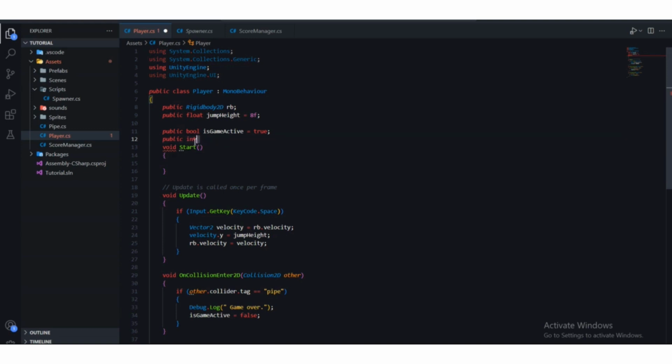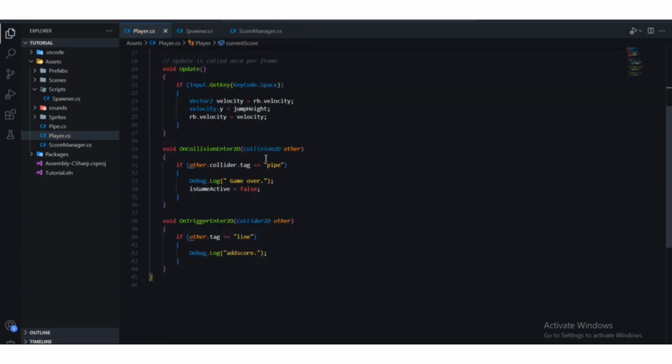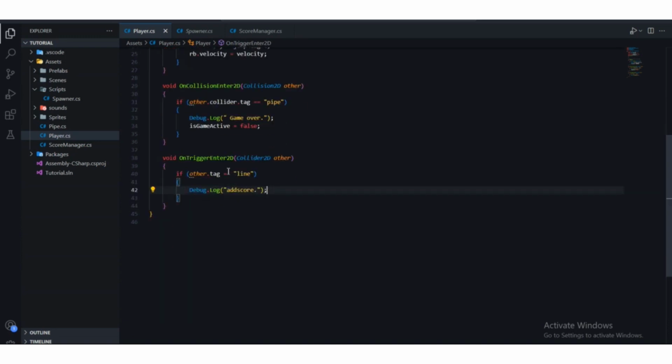An int is a variable that holds whole numbers, like 1, 2, 3, 4. I will call this one currentScore; you have to name it currentScore. By default, when the game starts, it should be 0, so we are setting it to 0. But when we hit that line, or pass through between those pipes,